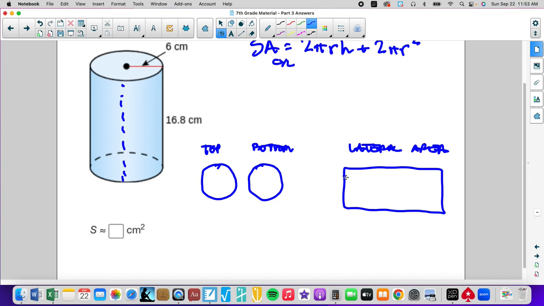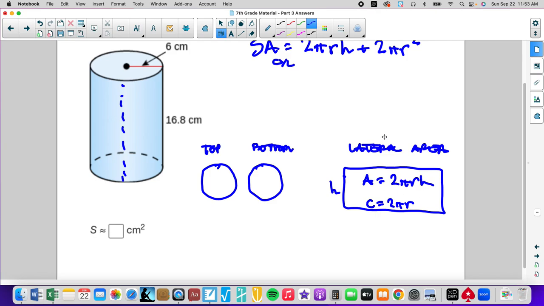That's the lateral area, the waist. And that length is actually the circumference. That's the distance around the circle. If we follow it all the way around, that's the circumference, so 2 pi r. And then this distance actually is the height of the cylinder. So when we look at area, area is length times width, so you get 2 pi r h as the